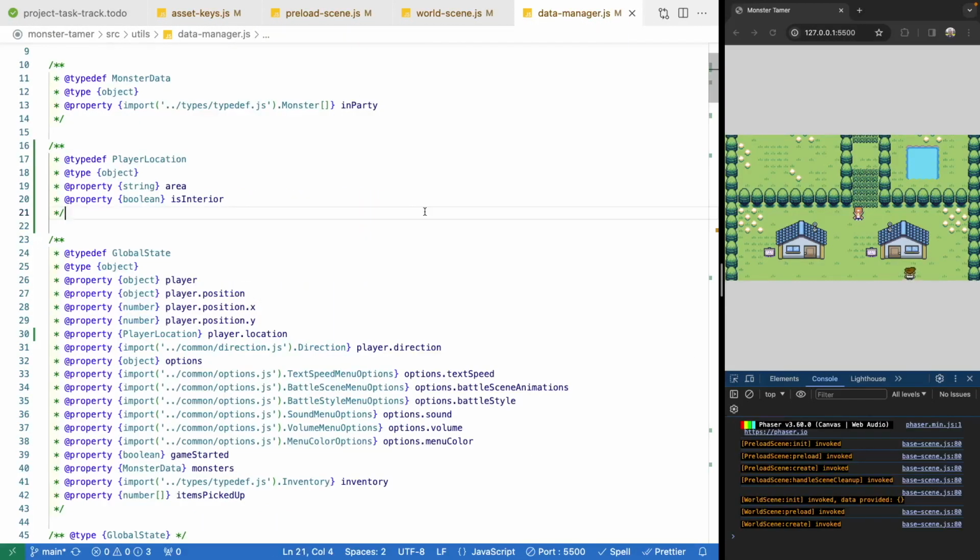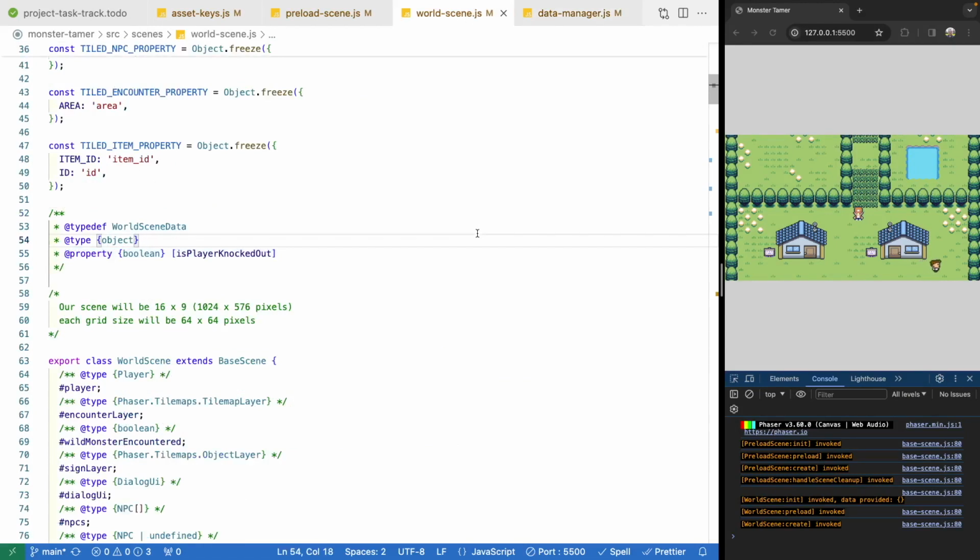So now that we have our mechanism for storing where our player is at in our game and which area they're in, we need to actually use that in our world scene. And so what we need to do is when our scene first starts, we need to know which area of the game the player is currently at. And so we'll need to go ahead and grab that data from our data manager. And then based on that data, that's going to determine which tilemap JSON file we need to use for creating our level. And it's also going to determine which foreground and background images we need to create image game objects